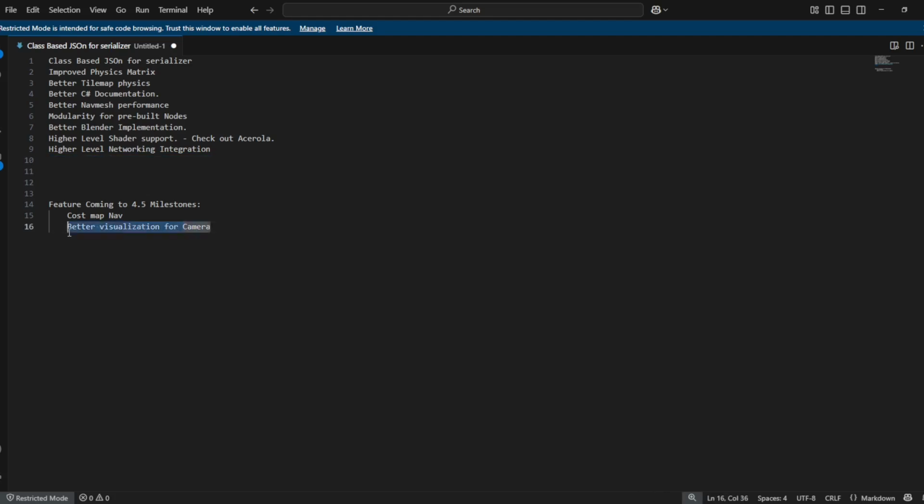Both of these are coming in some ways, but I would also like the actual camera to have the lines drawn like in Unity to show you what it's seeing, even if you're not looking through the little camera view. But that's a little addition from me. But the main thing's coming, so that's great.